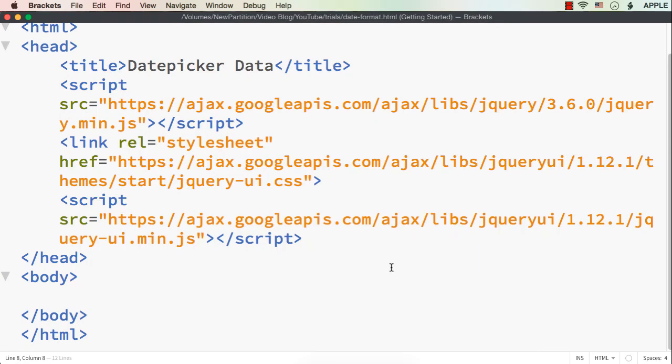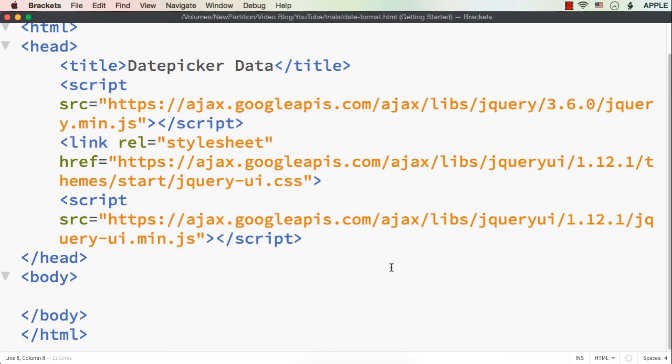In this video, let me show you different types of data or information you can collect using jQuery UI's Date Picker widget. We normally use the Date Picker widget to get the date, but we can collect not just the date, even the day of the month, day of the year, name of the day, etc. using this same Date Picker widget.